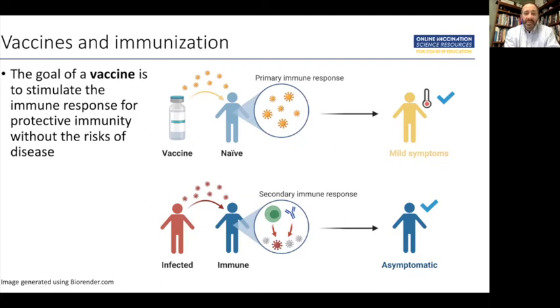They mount their primary immune response just as they would in the case of the live pathogen. They may experience mild to moderate symptoms that last for a short period of time, but they don't have the disease. If they are then exposed to someone who is infected with the live pathogen, they can still mount the same secondary immune response,